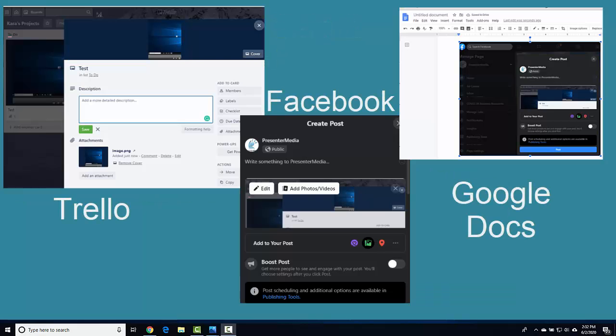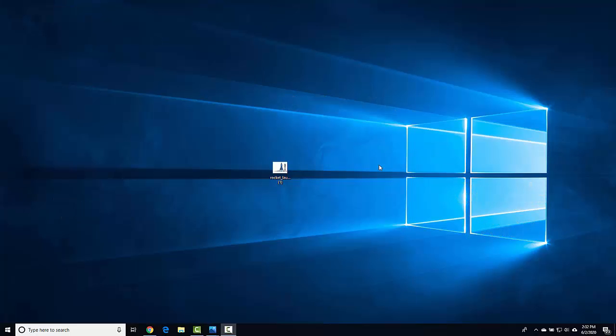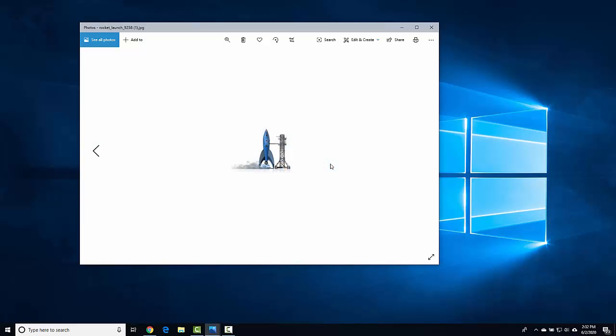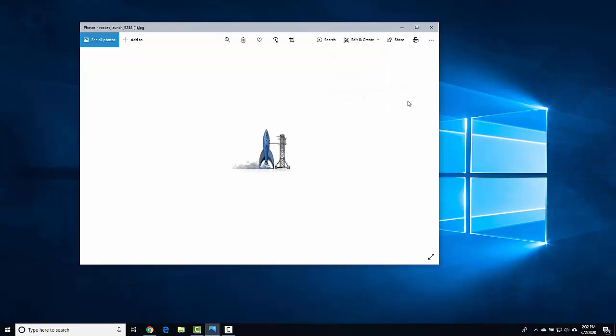Today I'm going to show you how you can capture your screen and then paste it into a document or a chat window, anything along those lines to be able to get your point across. In the background, we have a picture from the Presenter Media library, and it just shows up as a file on our desktop. Let's say that I want to grab this picture and ask someone how I add 3D effects. Okay, the drop down is under Edit and Create, but if I don't want to have to type that